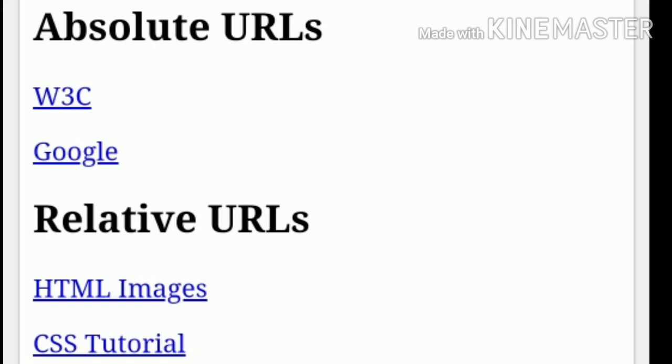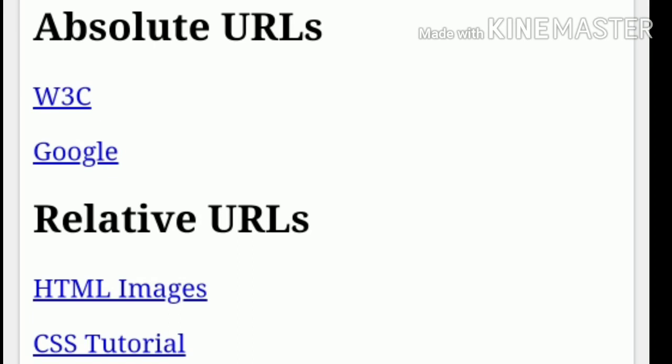These are absolute URLs, and similarly you write the program for relative URLs. The relative URLs also open: HTML images and CSS tutorials open on that particular page.